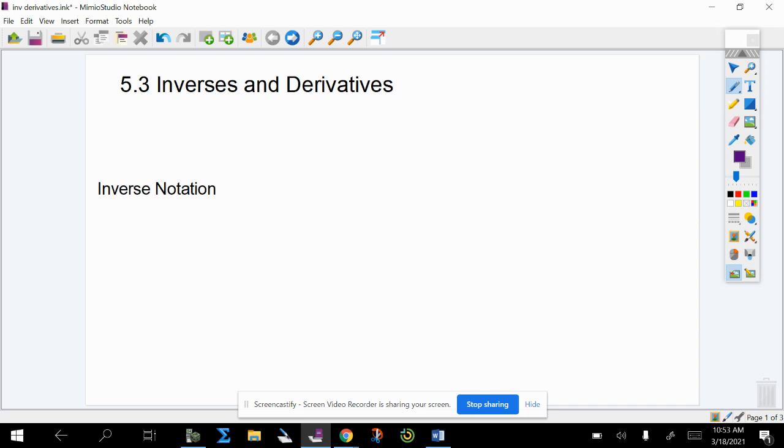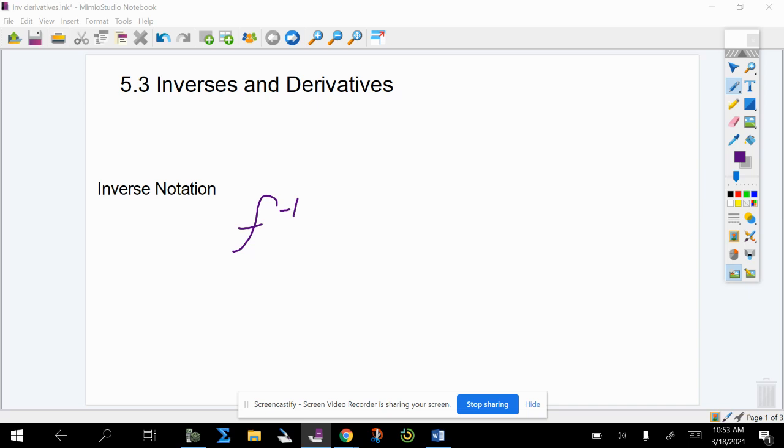So it's kind of a nice lesson to do very quickly on your own because I can take you through the different types of problems that exist without a lot of extra work and time consuming parts. So first, inverse notation, just to remind you from algebra 1, algebra 2, when you're given a function and you're asked about its inverse, the most common notation is to put a little -1 next to it. It's not an exponent. That is indicating that if f is my original function, then this f with the -1